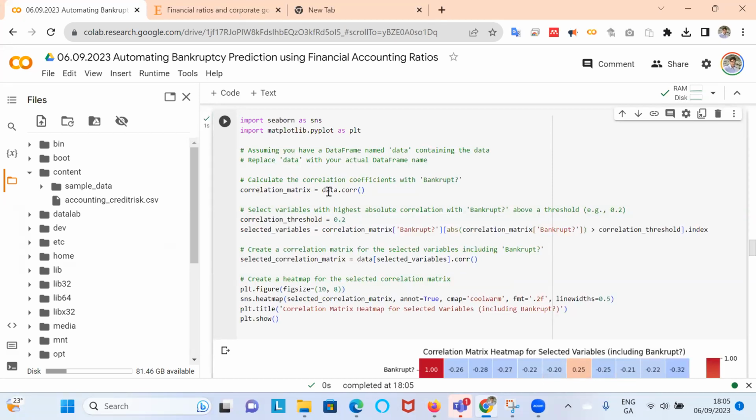We're saying estimate the correlation matrix again, create an object called correlation matrix. We've done that before. Then select the variables that correlate with bankruptcy where they exceed this threshold of 0.2. So where the correlation between bankruptcy and the relevant variable exceeds 0.2, we'll keep it as a selected variable.